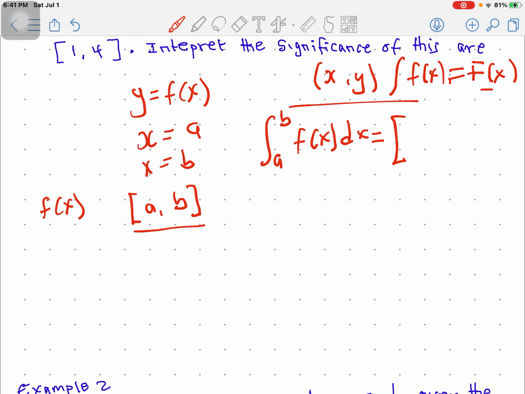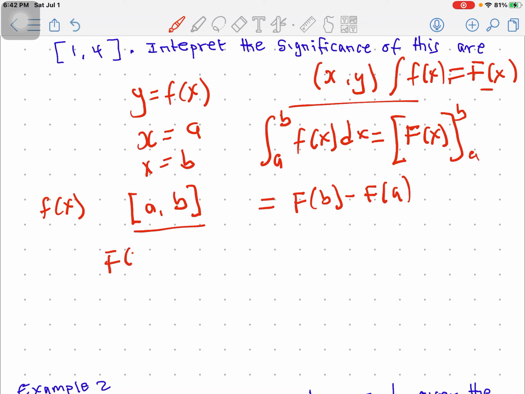So the integral of f of x dx is equal to F of x, and then remember the limits, lower limit and upper limit, and therefore our final answer is going to be F of b, the upper limit, minus F of a, the lower limit,